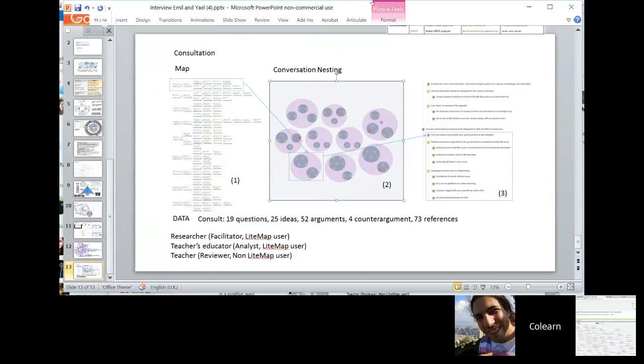For instance, if somebody said that the flexible curriculum supported by the government is essential, another person on that day could say, well, but governments are against the flexible curriculum. They want a very strict curriculum. This would be a counter argument. And then after that, what we did, we